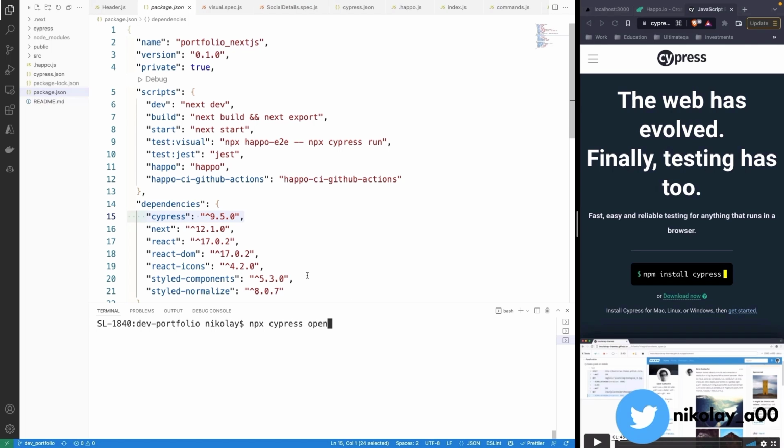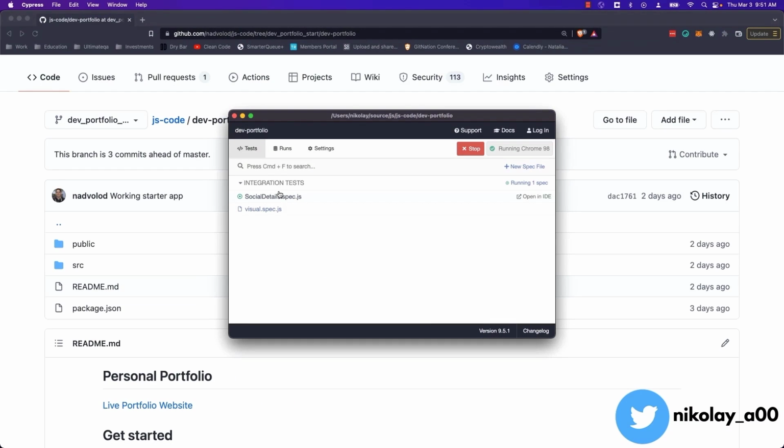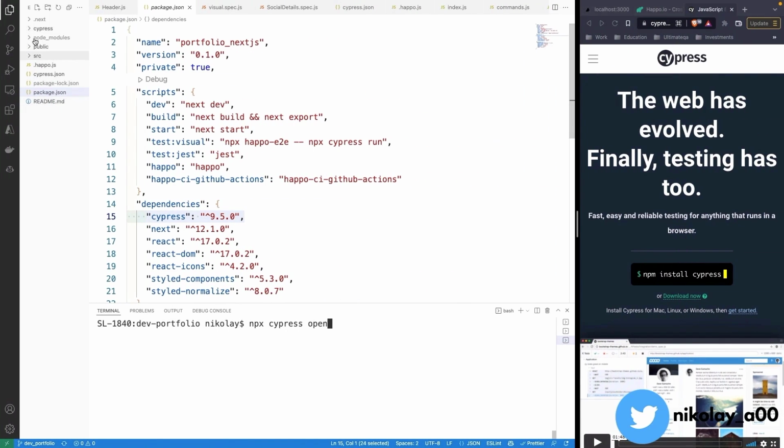And then what that's going to do is open up a Cypress UI that looks like this. You're going to have way more folders and files that come out here. And it's also going to create a Cypress folder that lives over here. Inside of the Cypress folder are several other folders and files that are important. What we're going to do is delete whatever folders and files were in integration, and we're going to create a